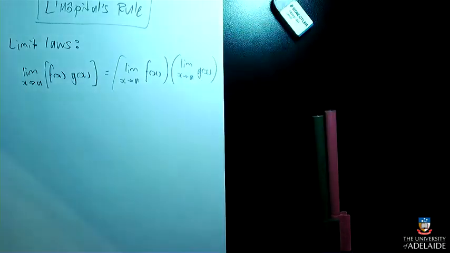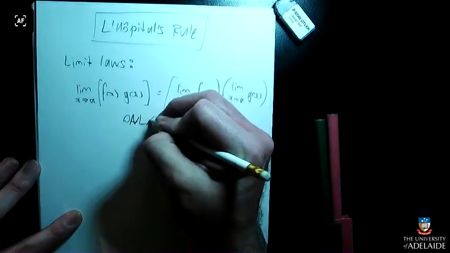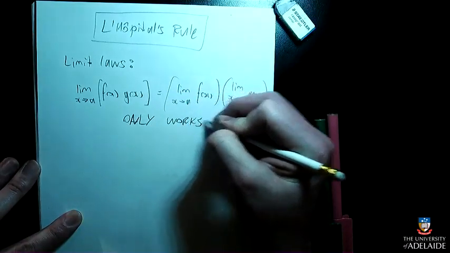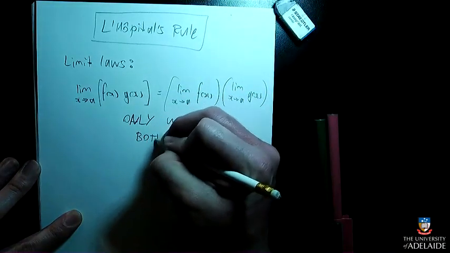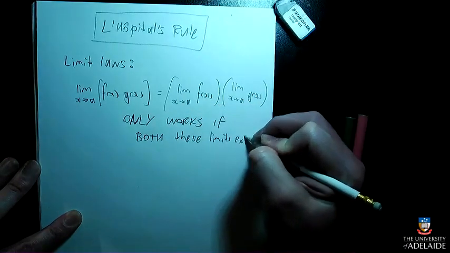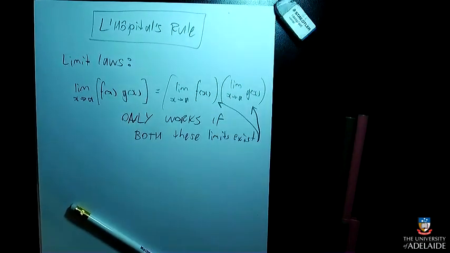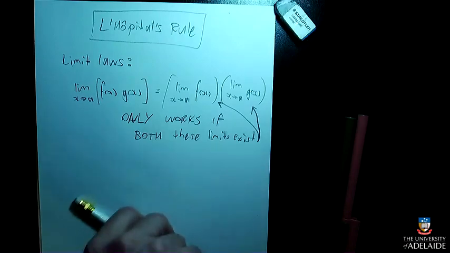And that'd be great, but this only works if both of these limits exist. If one of those limits doesn't exist in the sense of being infinity, or not existing because things keep oscillating back and forth, then you can't split the limits apart. And importantly, that means it doesn't work backwards. So as an example,